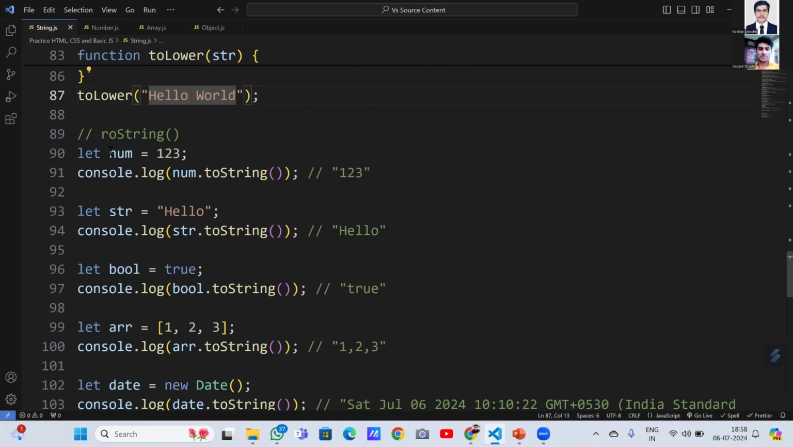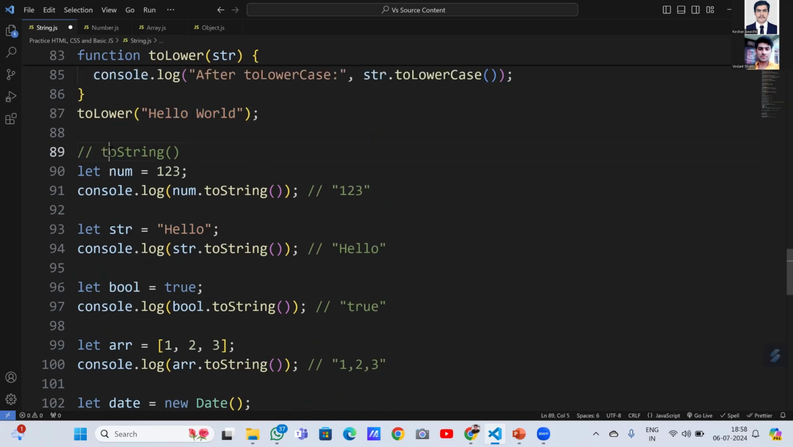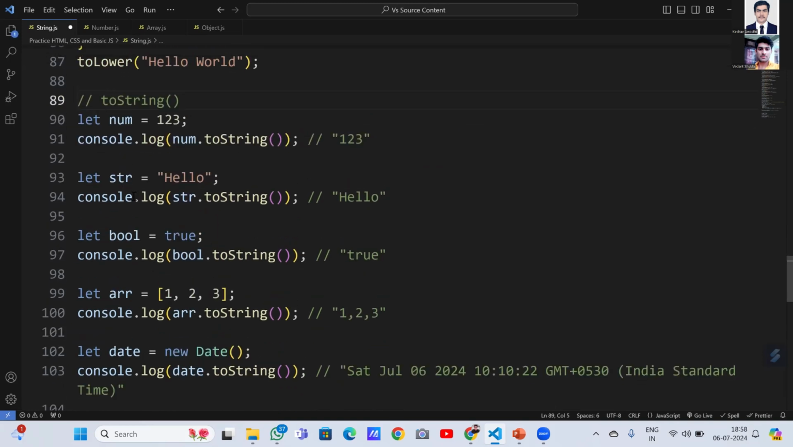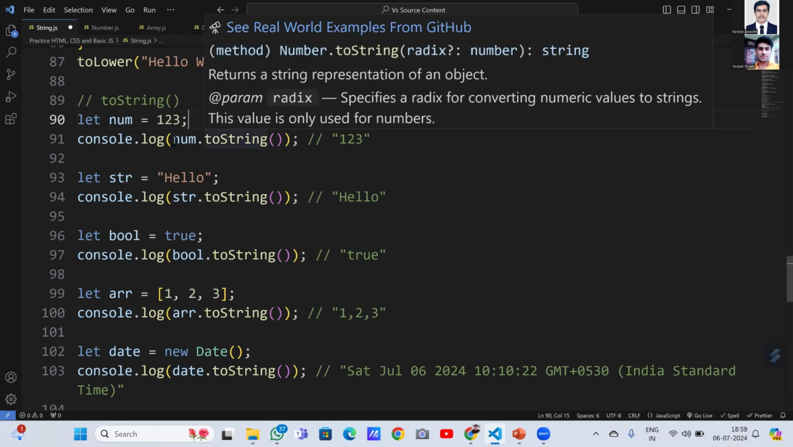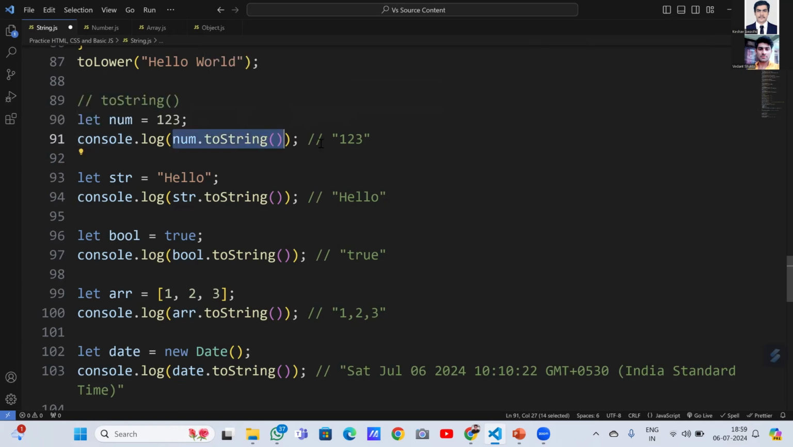Next is the toString function. The toString function converts the parsed parameter value into the string data type. Like here in the 90th line you can see one variable, num, which has the value 123 in the form of a number. And in the 91st line, when I execute this num.toString function, in return I will get